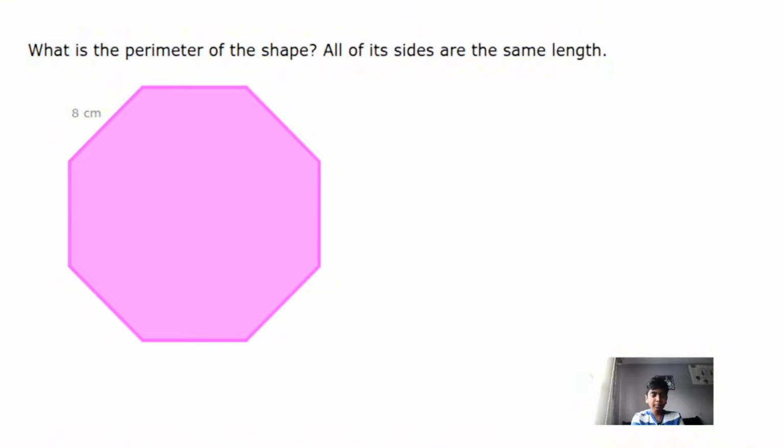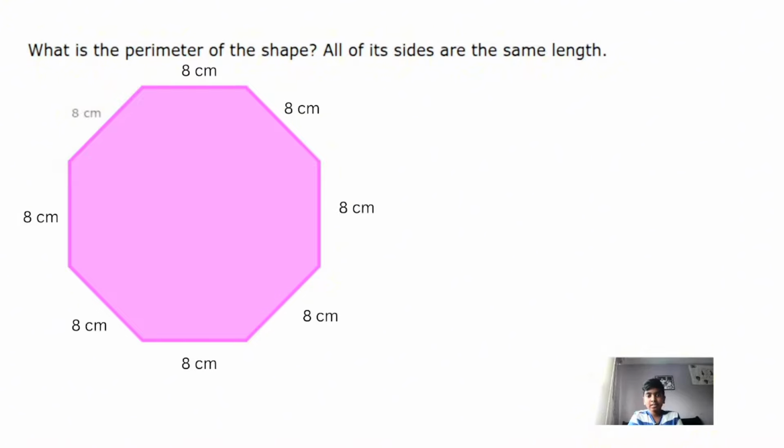Now, people will start to worry once we get to this problem because it might look massively confusing. So, we look at the question. What is the perimeter of the shape? All of its sides are the same length. This means each side is equal, and we see one of the sides is 8 centimeters. This figure has 8 sides. 8 sides, we know what shape that is. An octagon. Now, octagons have 8 sides, meaning we add 8 times